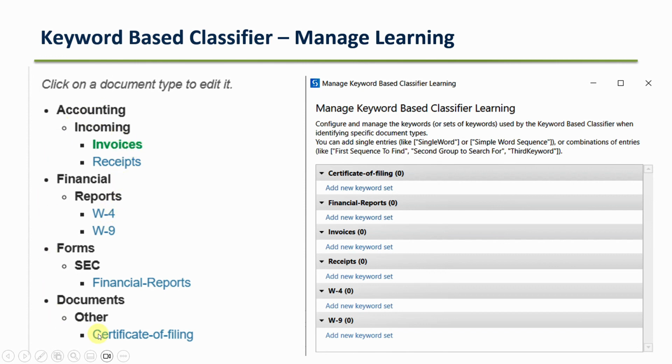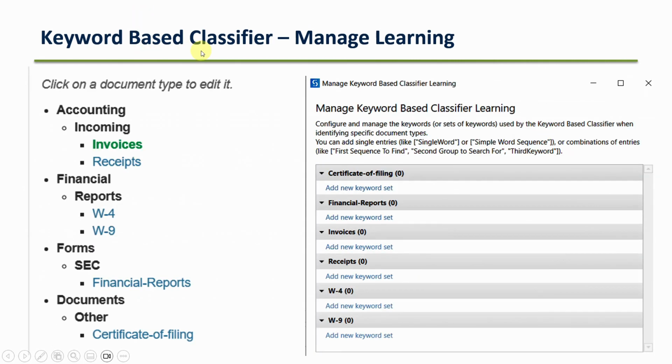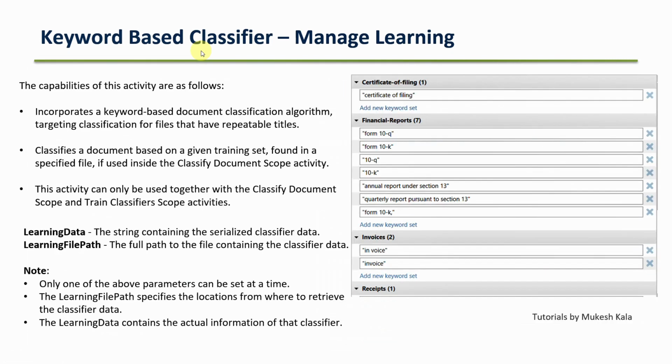So all the things whichever you have in your taxonomy, if you are using a keyword based classifier, you would have to provide the keywords for everything here, right? So I hope now you guys are able to relate to these screenshots. Okay, after that we have used the keyword based classifier, and whatever I have these documents here, if I have